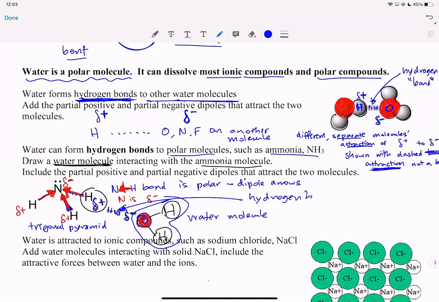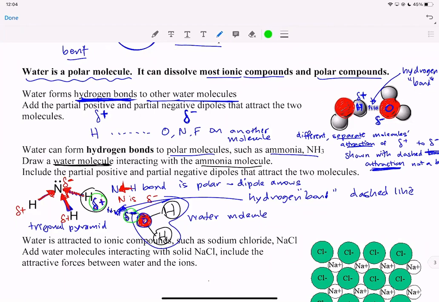The hydrogen bond, you want to remember, is not a bond. It is the dashed line. Okay, so that's that dashed line, not a full line, but a dashed line. And it is between the partial positive, let me circle that in green, to the partial negative of a different